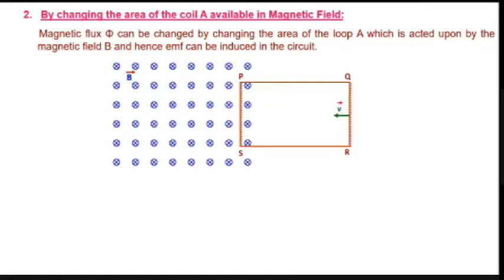Okay, let me take the example. Here the coil is moving with a velocity v. Now it has reached this position. I am calling this position P dash Q dash and R dash S dash. This is the new position. So what is the change in area? How much area has changed? Initially, this one was already present, so it has not changed. This much portion has changed. This is the change in area, and I'm calling the change in area dA.